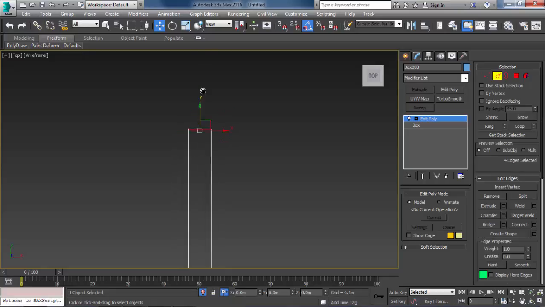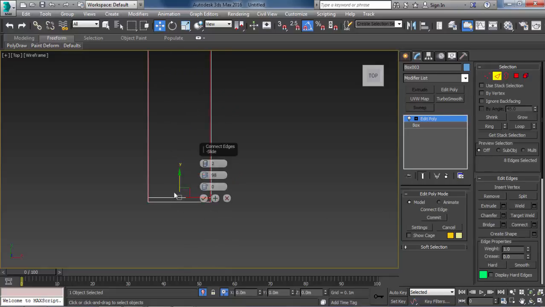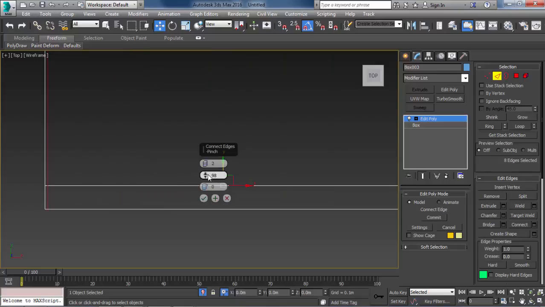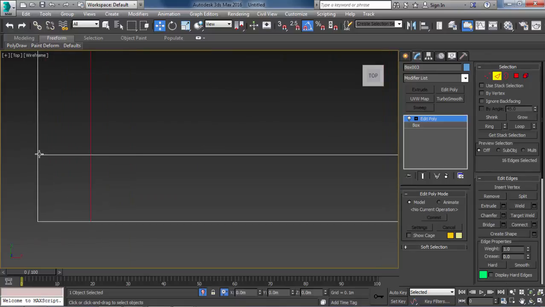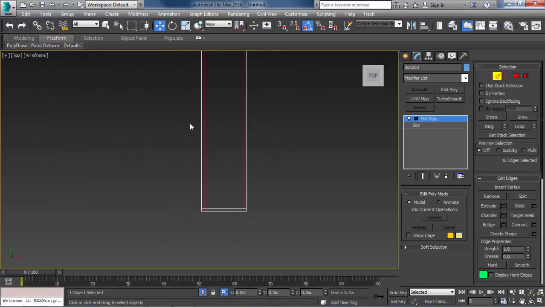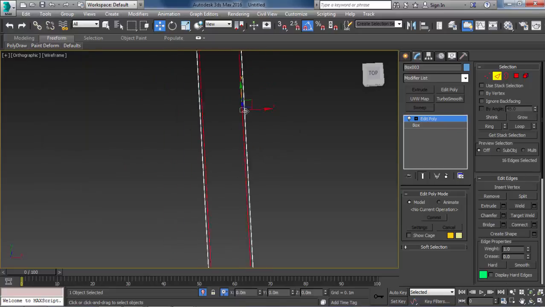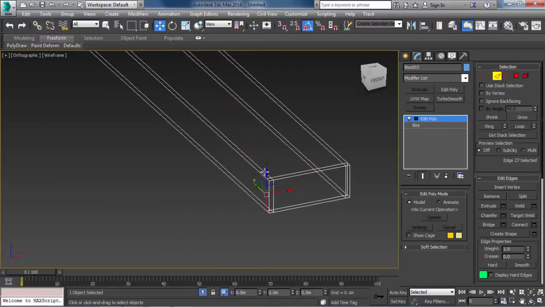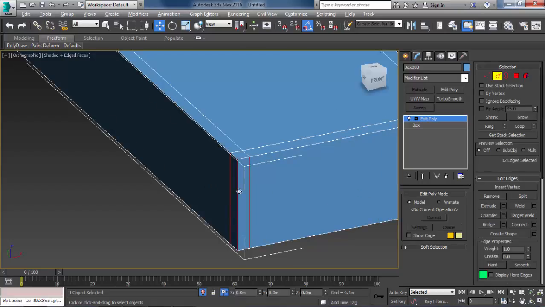And choose those. Hit Alt R for ring. Just try to make those areas squared so that we have even softness, smoothness. Also like this.